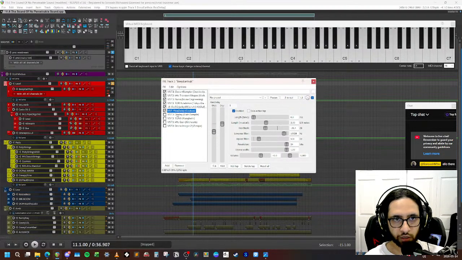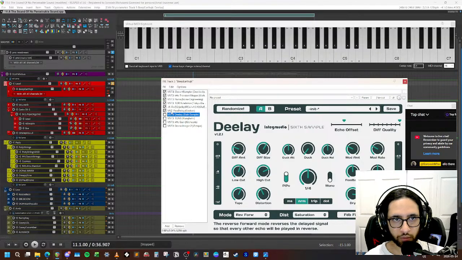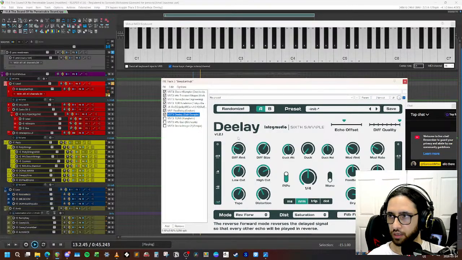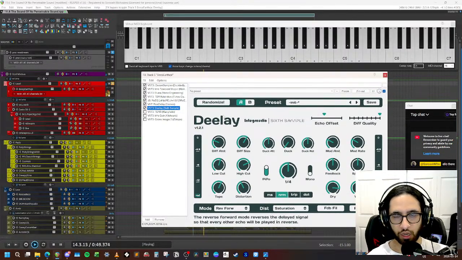It's actually rare that I use the stock Reaper delay, but I guess I used it there. We've got this thing, which is like a reverse delay. This plugin is awesome. It can do a bunch of delay sounds. It's called Delay, like DEELAY.